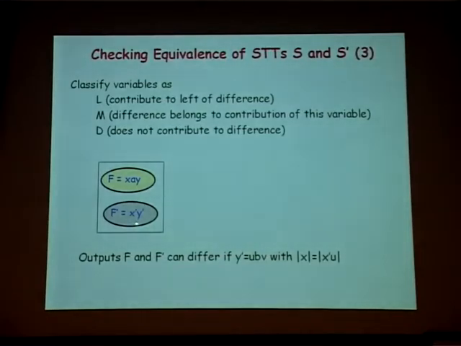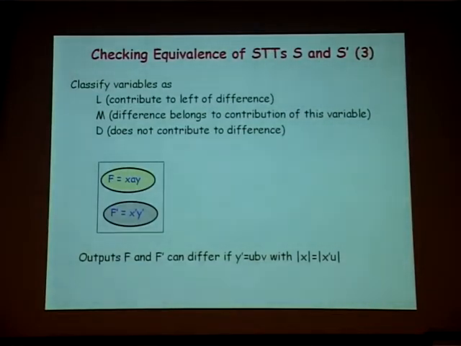That's why the classification of y prime is M, which means that the difference is contributed by the value of this variable. So we need these three classifications for variables: left, middle, or don't care, because this is not contributing to the difference. Our algorithm is going to track this classification LMD for all the variables, and